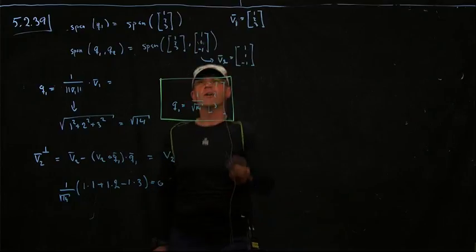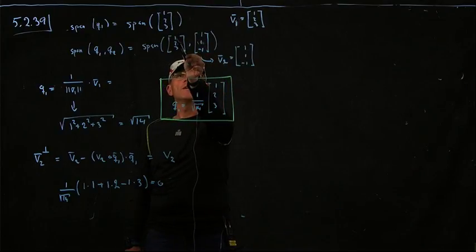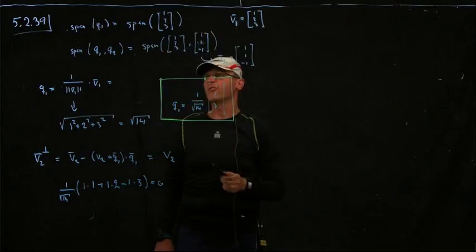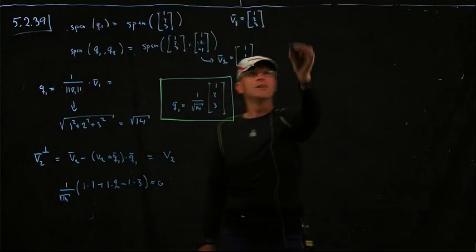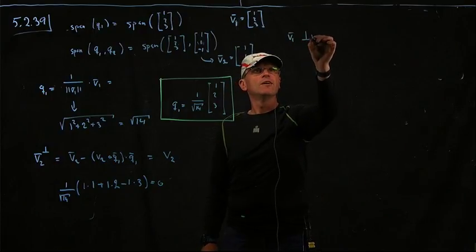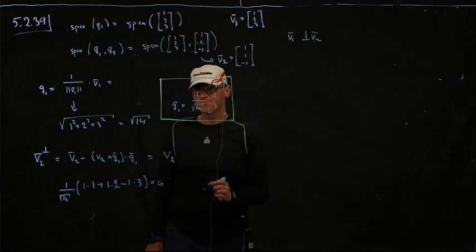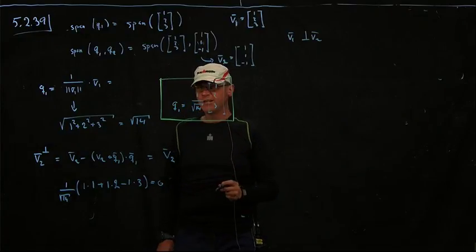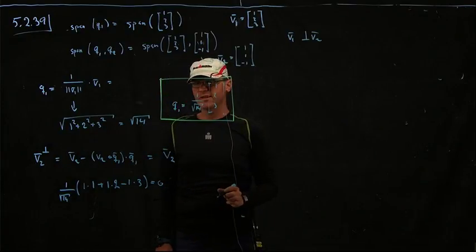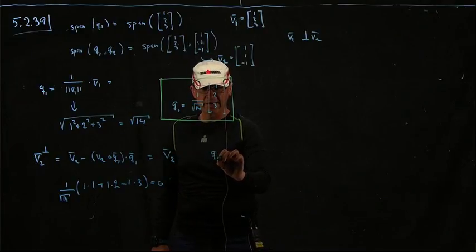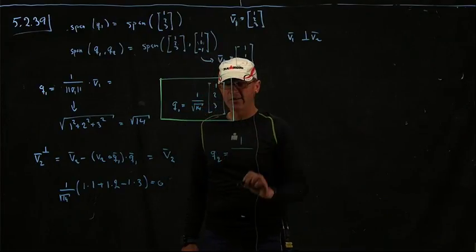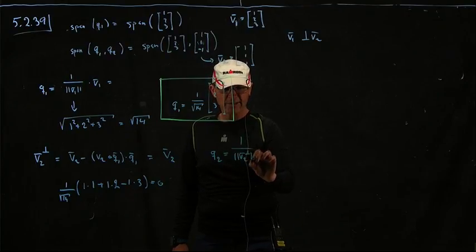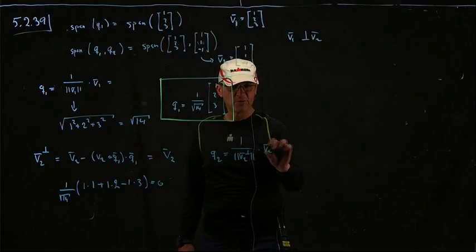Now you're like, okay, dot product: 1 times 1 plus 2 times 1 is 3, then subtract 3. So yes, they were orthogonal. V1 was orthogonal to V2. So we have the orthogonal piece of V2, which was the whole thing. So the Q2 vector is then just 1 over the length of V2 perpendicular times V2 perpendicular.